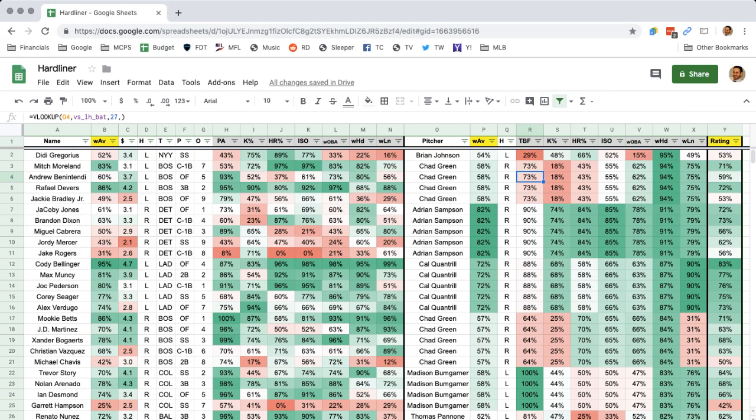And we know who Mitch Moreland is. It's not like he's a rookie call-up. And they're facing Chad Green, so there's a lot of data between the batters and the handedness of the pitcher and the pitcher and the handedness of the batters. So we know that, yes, Chad Green has a solid ability to strike batters out, minimizes home runs somewhat.